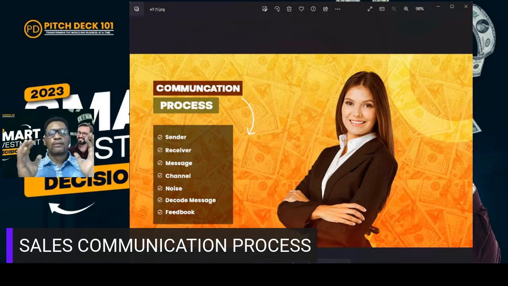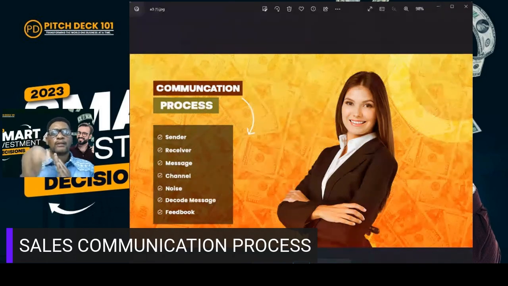Now, as you build this out, as you identify the communication channel, it's necessary that you recognize that there will be noise in those channels, depending on whether you're using mass communication, social media, the metaverse, or independent communication channels.